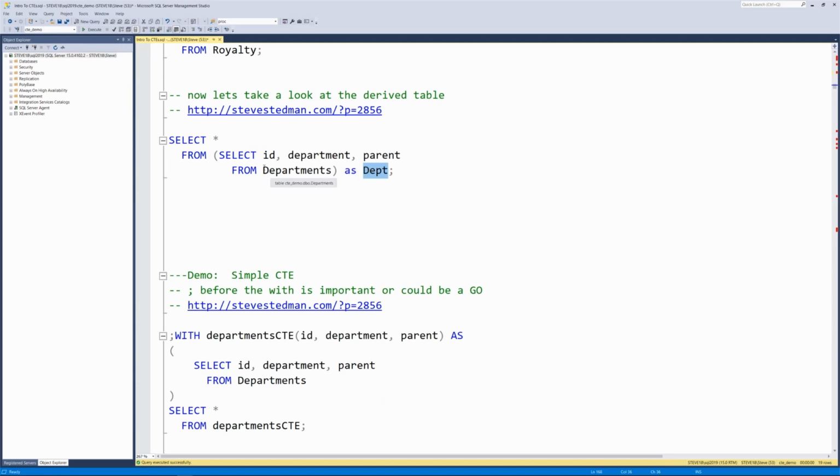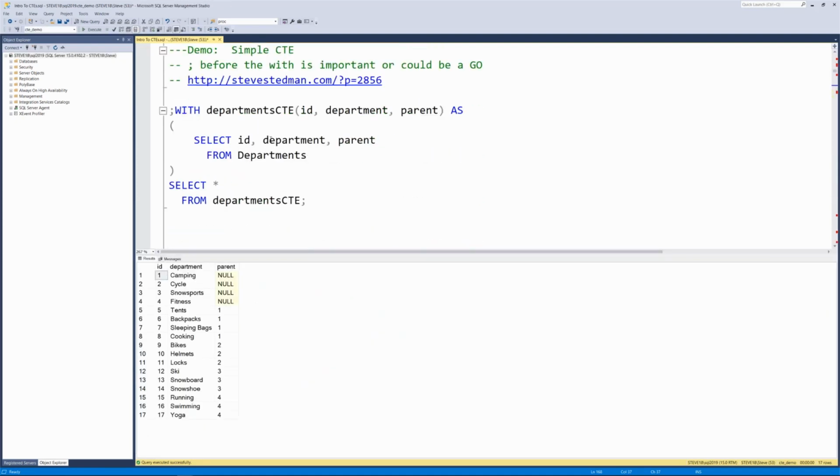That's really useful when you want to do other things or calculations on the data that's coming back. It's a bit silly the way it's represented here because it doesn't really give any value beyond selecting what's on the inside, but it's sort of building the foundation for what we're going to do here with the CTE. So the common table expression equivalent of what this select statement does